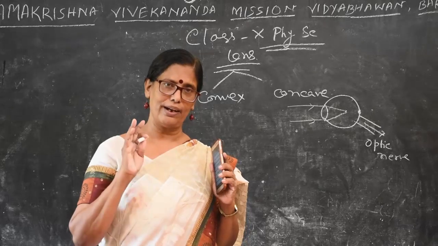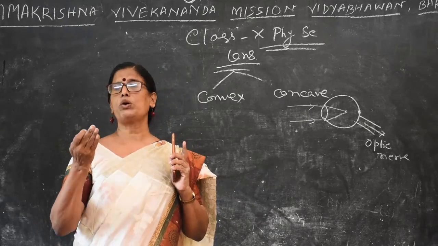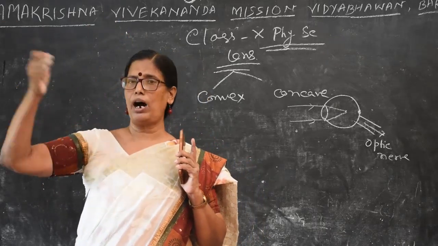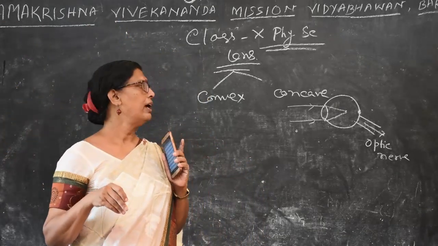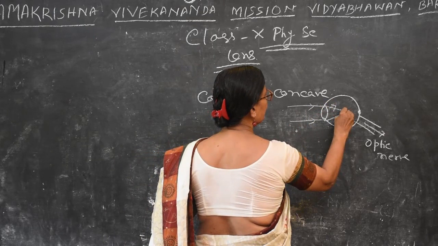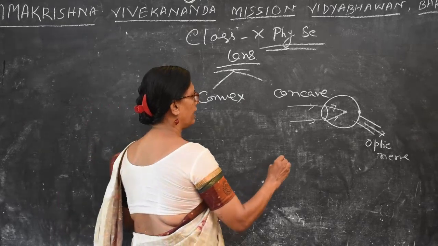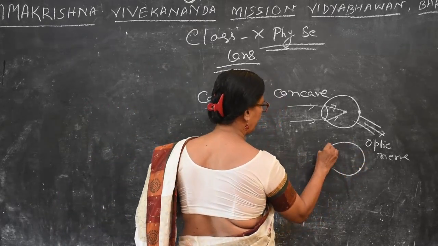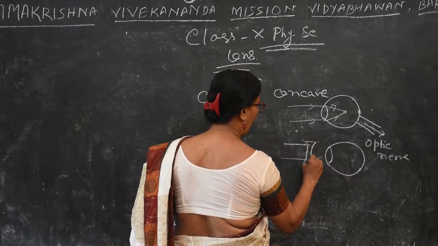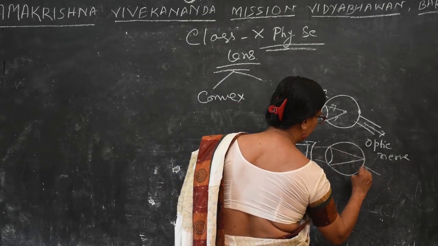I suffer from myopia. Myopia means we are able to see nearby things very clearly, but we cannot see any object on the board, the bus number, or anything far away. We cannot locate it properly. So this type of problem is there. If the image is not formed on the retina, how can the optic nerve take the image? So it is corrected like this. This is our retina. We put our contact lens here. By the combined action of this, the image can come here, so the optic nerve can take it.